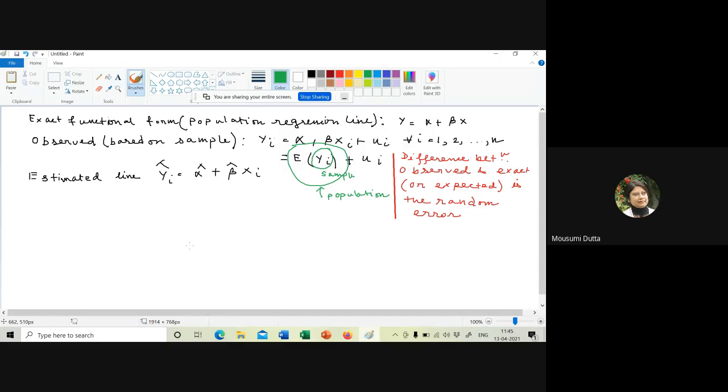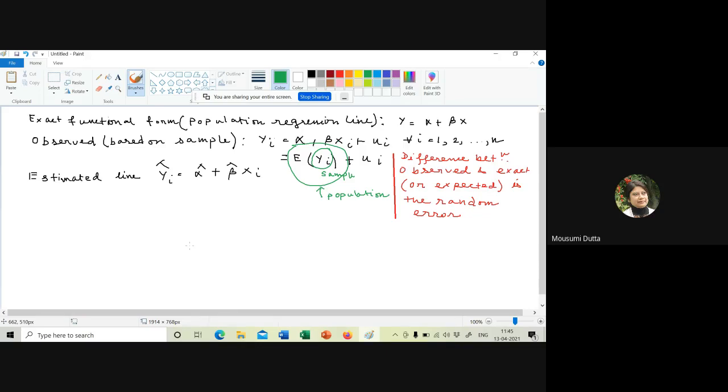Now I have the database with me. So on the basis of the database, I want to find out the estimated demand, estimated supply, estimated consumption function, investment function, etc. Okay. So on the basis of this empirical exercise, our final objective is to calculate yi hat,